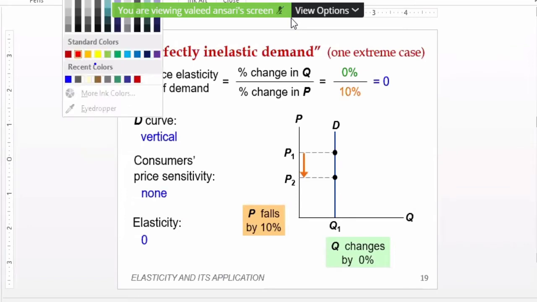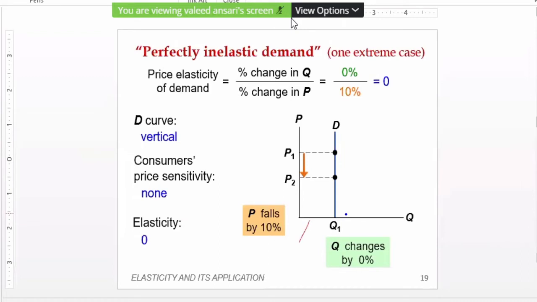Let us assume that it is insulin for a patient. Here you see the price elasticity of demand is the percentage change. Now you see that this line, the demand curve, is a vertical line. At this price this much is demanded. Price increases to this much, again this much is demanded. So there is no change in quantity because the consumers are not sensitive at all, because it may be an essential, like the insulin dose I gave as an example.